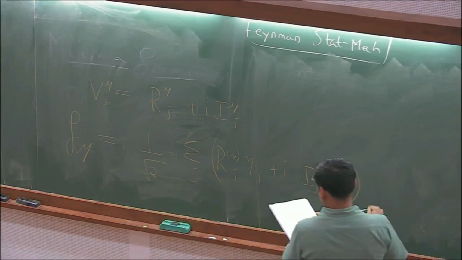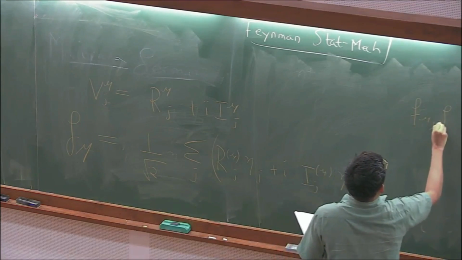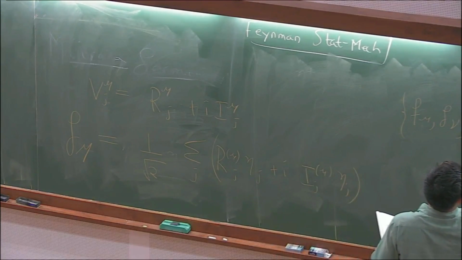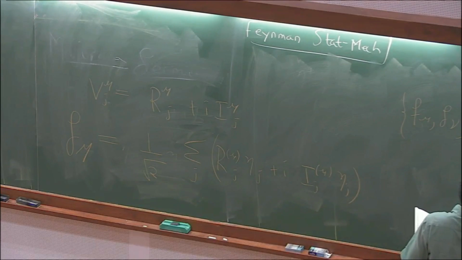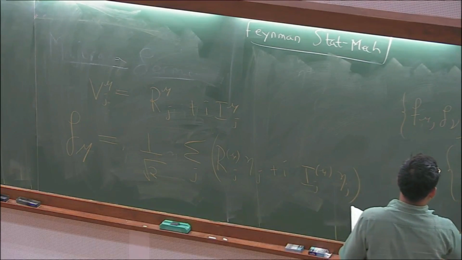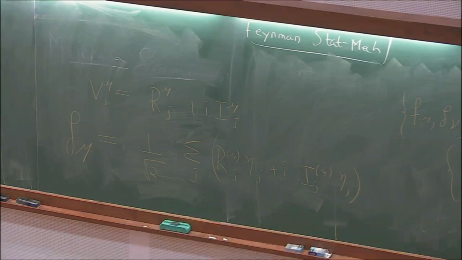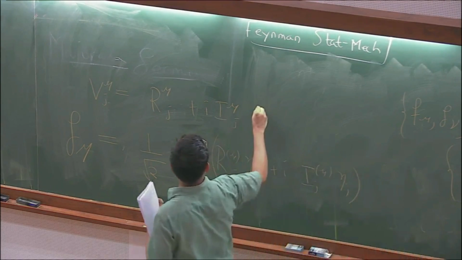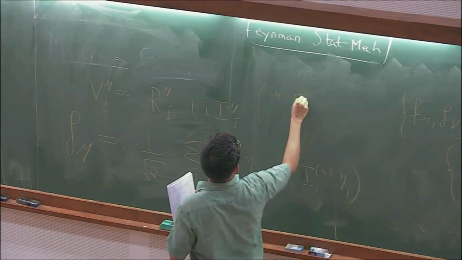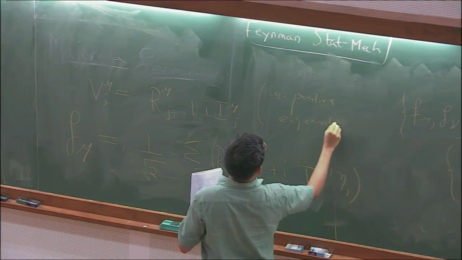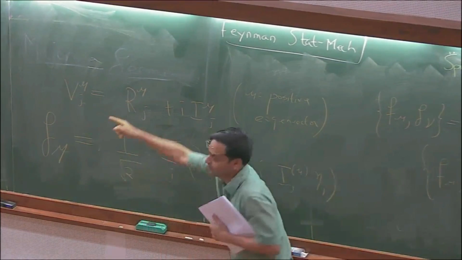So in other words, F mu F mu is equal to F dagger mu F dagger mu equal to 0, and F mu F dagger mu anti-commutator equals delta. Okay, this you can check. It follows from two things. These are only to be defined for mu the positive eigenvectors. For each positive eigenvalue eigenvector, you can make this construction.